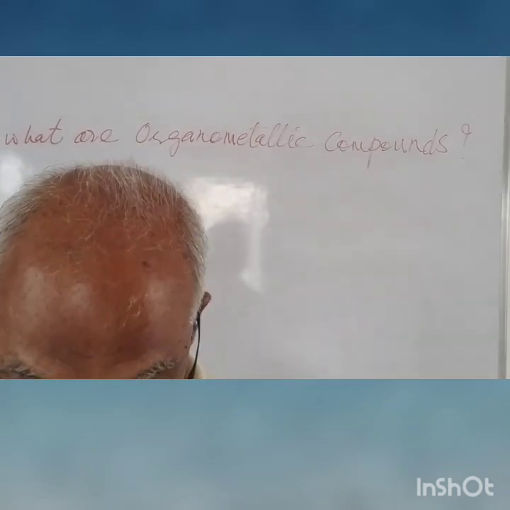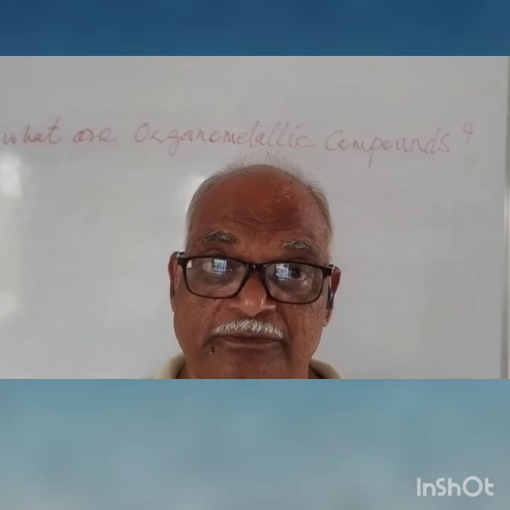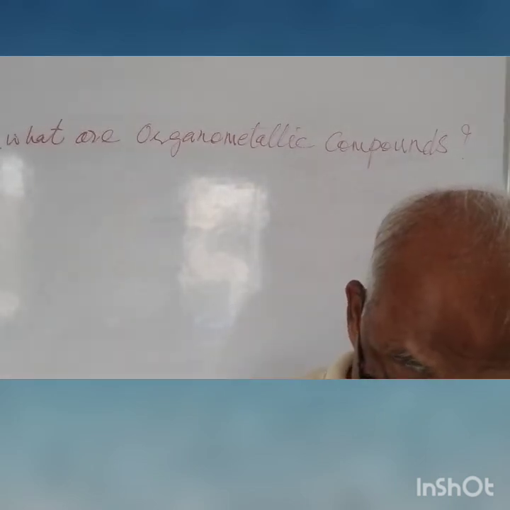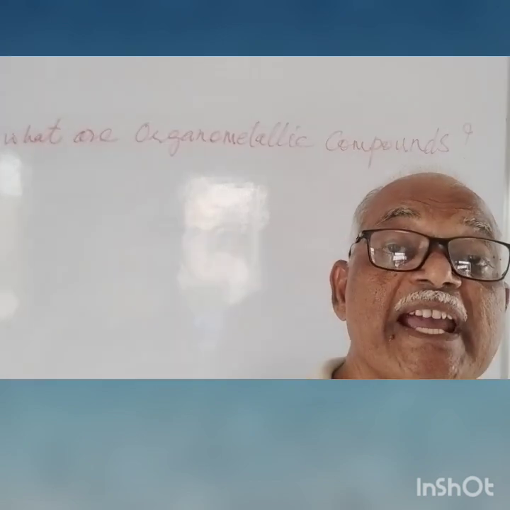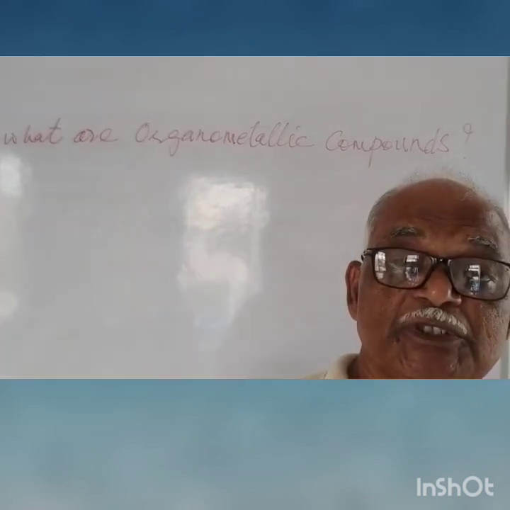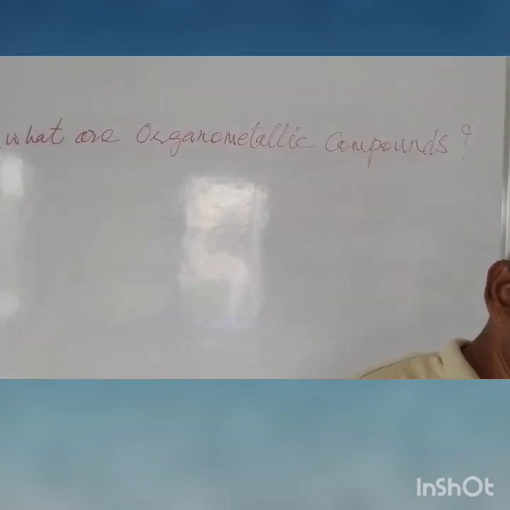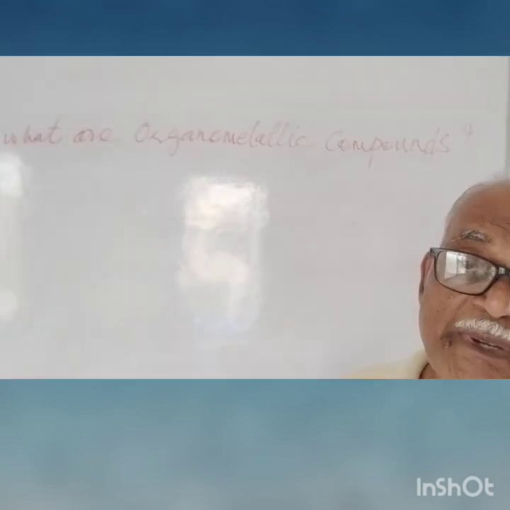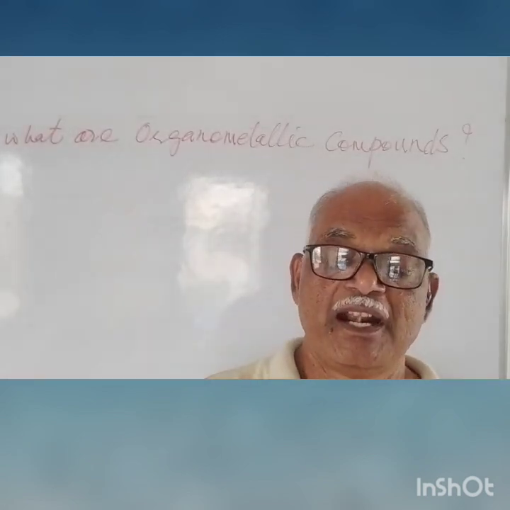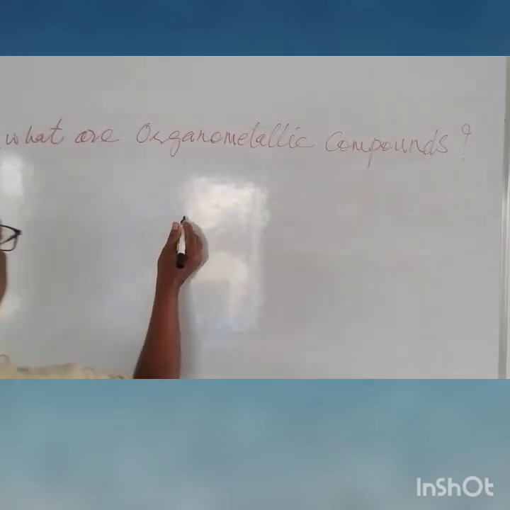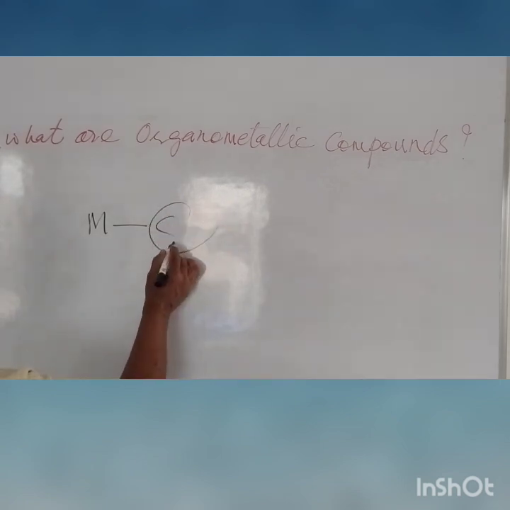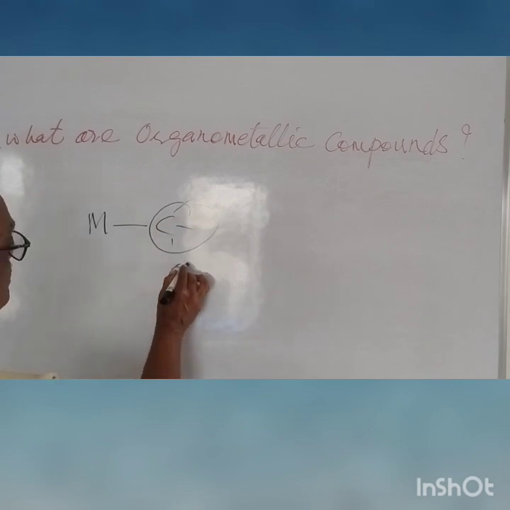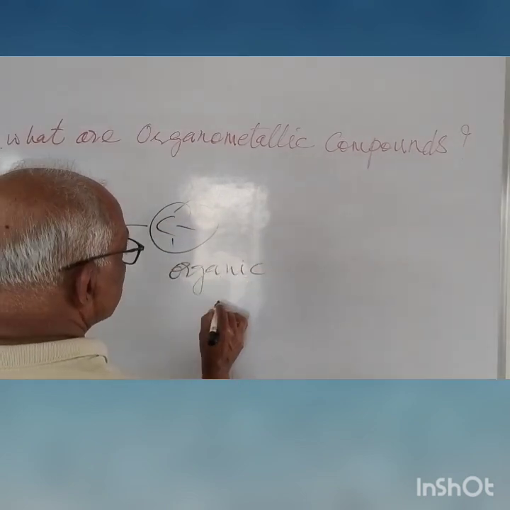These are the species involving a bond between metal and carbon of the organic species. This is a very simple definition. It shows that organometallic compounds must have at least one bond between the metal and a carbon which is a part of an organic species,